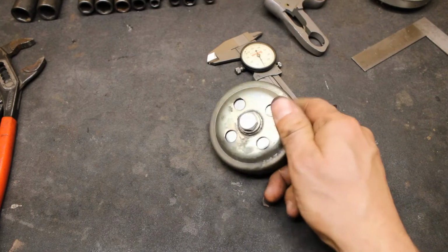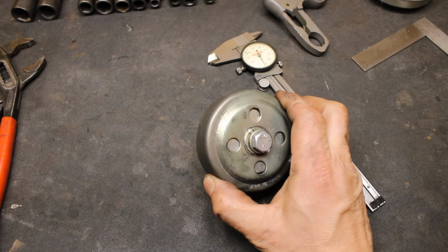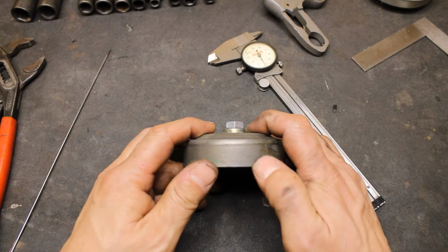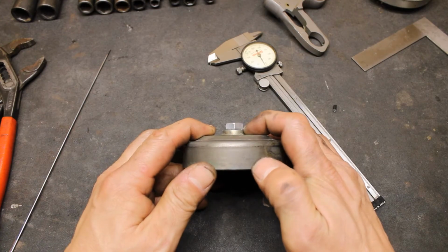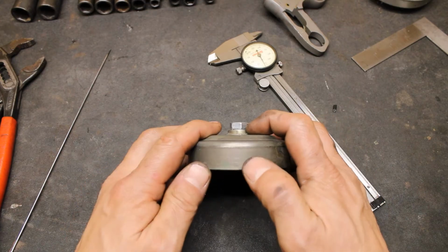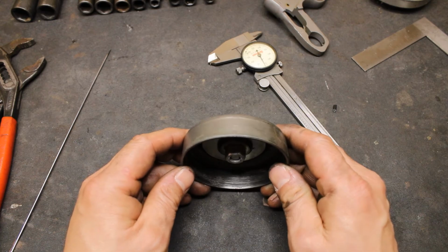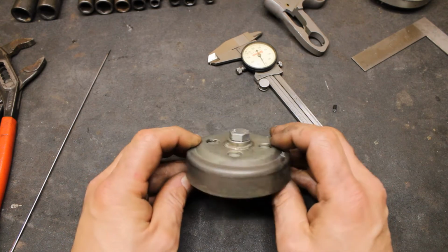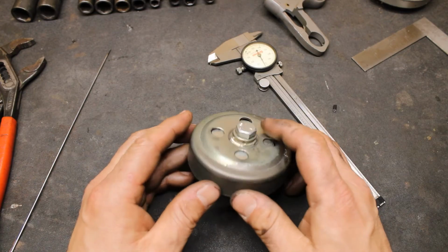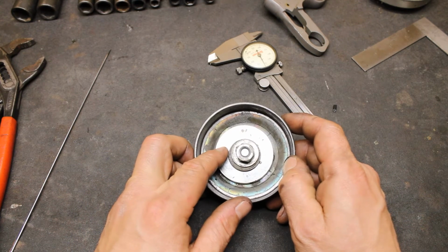Now you see, we got it beveled, we got it fitted in there. Of course, one of the things you want to make sure of is, as you can see, you've got this portion that's welded to it, and this is the threaded part that goes onto the crank. Now this has to be pulled in there, because if you got it cockeyed and you screw it onto the crankshaft, it's going to sit there wobbling, creating a lot of vibration and God knows what else. So to ensure that, I got me some washers